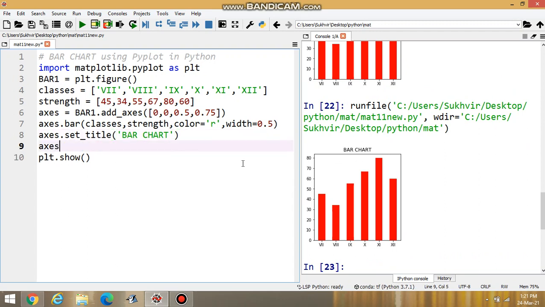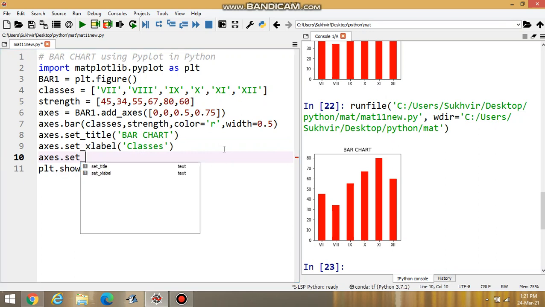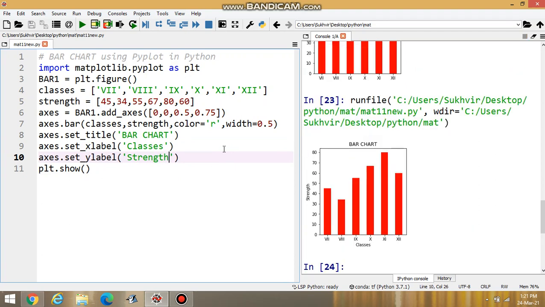Then axis.set_xlabel and set_ylabel. Suppose I am writing classes for the x label, and for the y label, set_ylabel, suppose I am writing strength, then execute the program. You can see the titles here, the x label and y label, and one title is there.